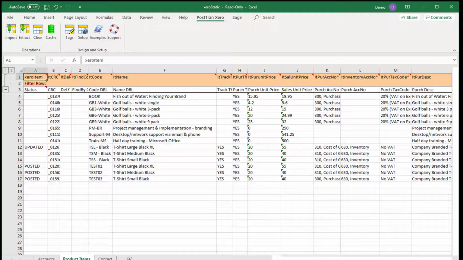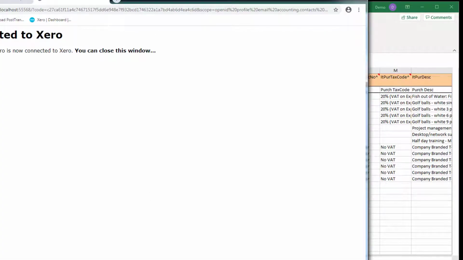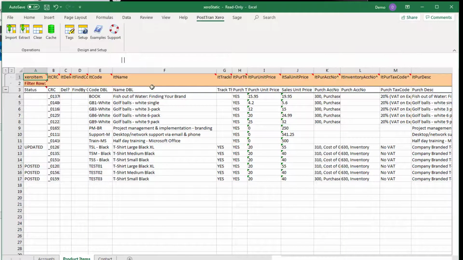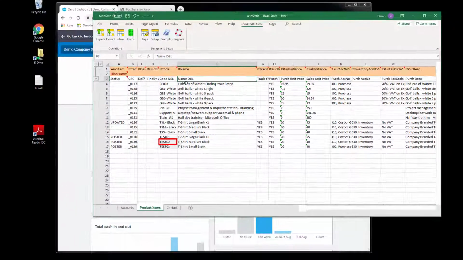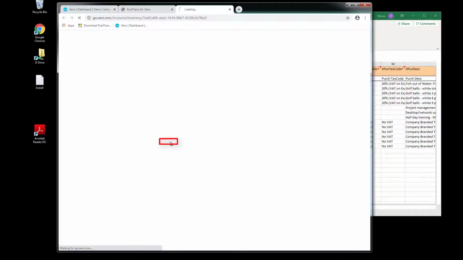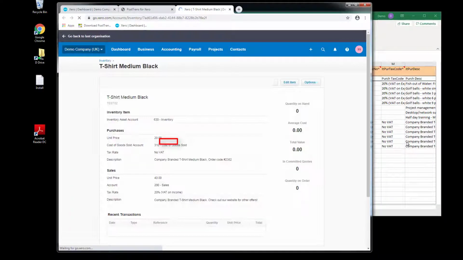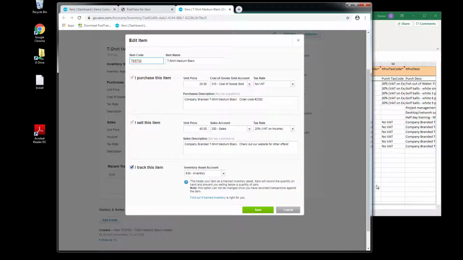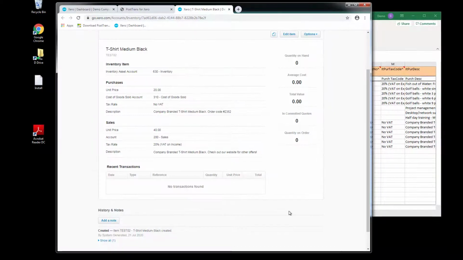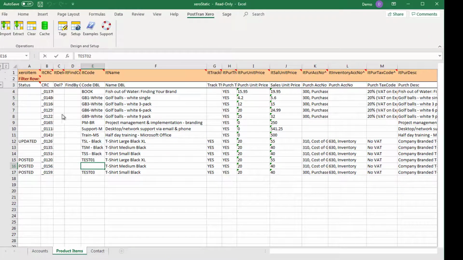Now we could switch to Xero and find those records, but anywhere we can see a description with a DBL on means that we can double click on that. So if we double click, it takes us to that item within Xero itself. So we can just edit that item and check the information was brought through correctly. So now, of course, I really ought to explain this column here because you can see some really